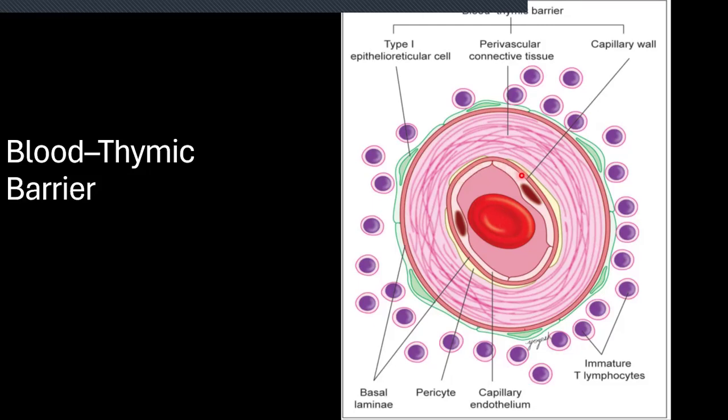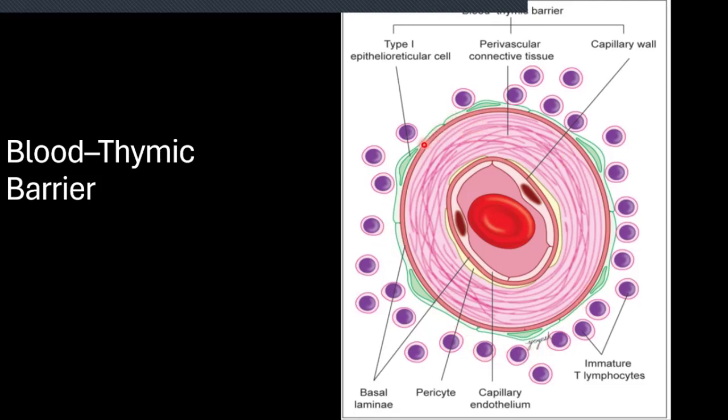Now that barrier is formed by the following components. One, the endothelium, so the capillary endothelium, and then its basal lamina, which is formed by the pericytes. Okay, and then the perivascular connective tissue. Within the perivascular connective tissue, you might occasionally find a macrophage. So macrophages may be in there. And then